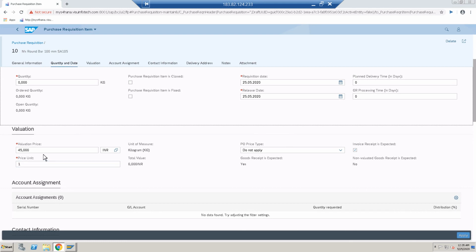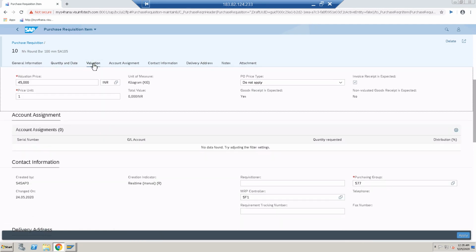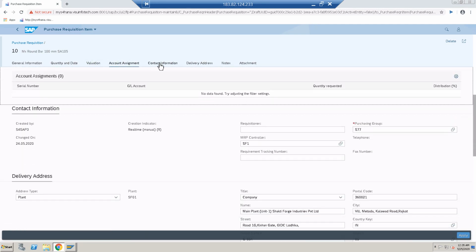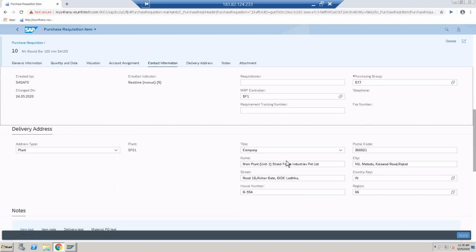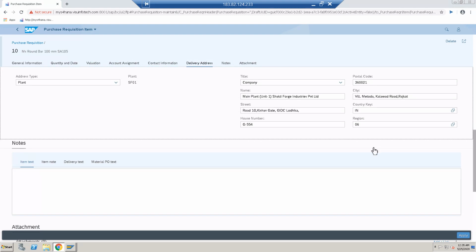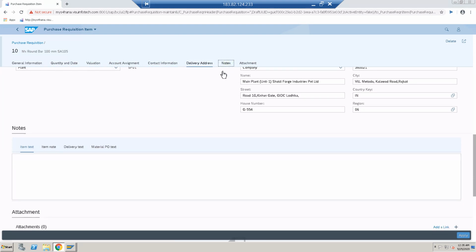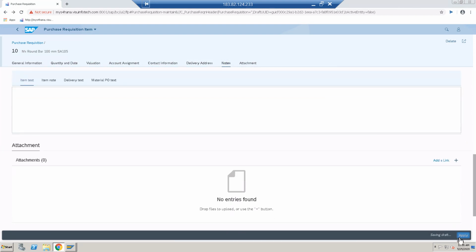This price is picked from the info record. This material already has an info record, and everything is okay. Contact information, this is the contact information. Delivery address. Okay, so everything is okay, just apply it.